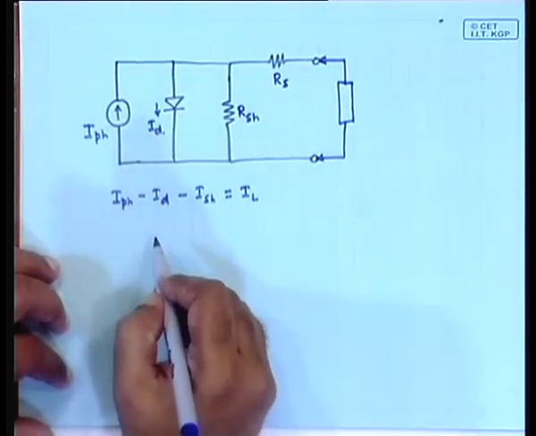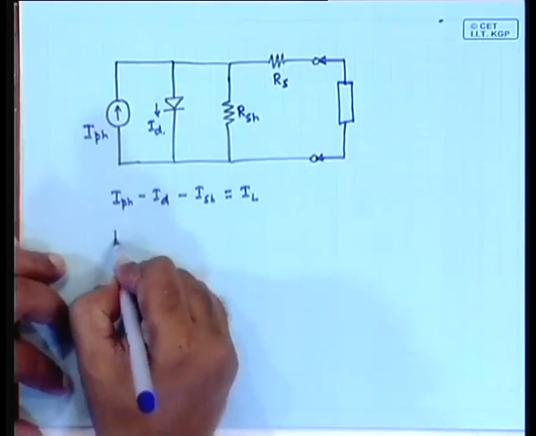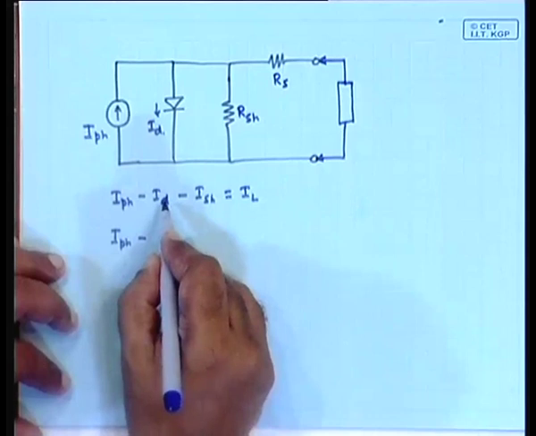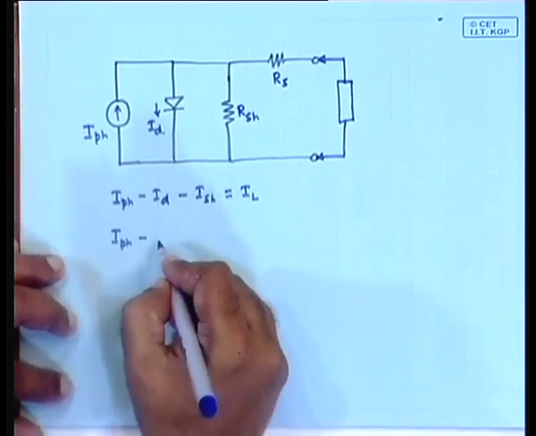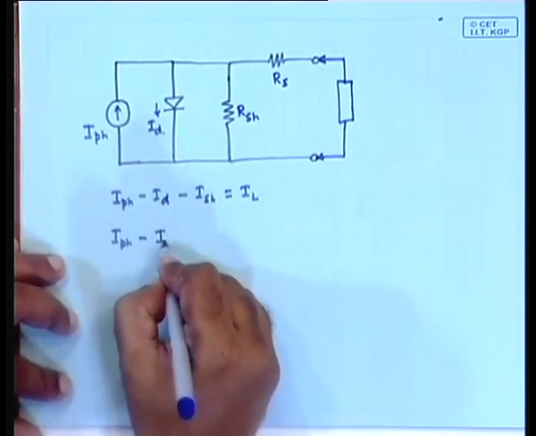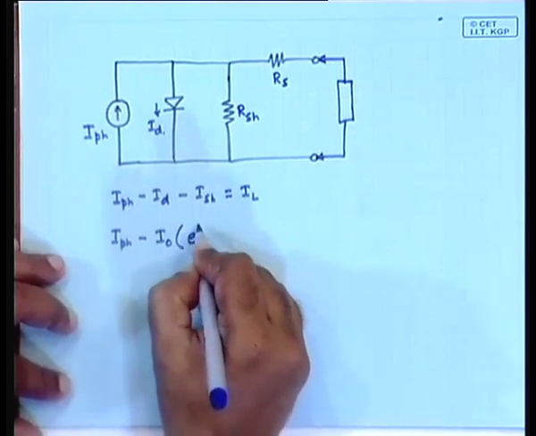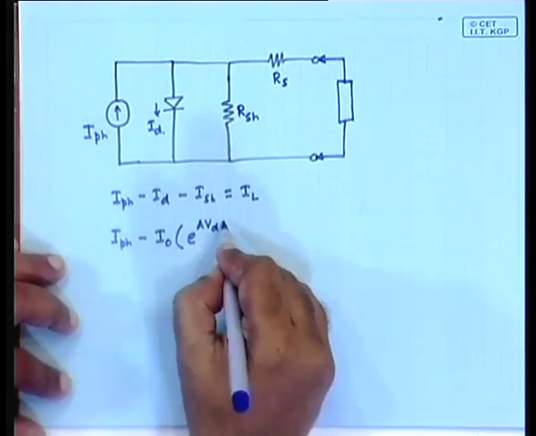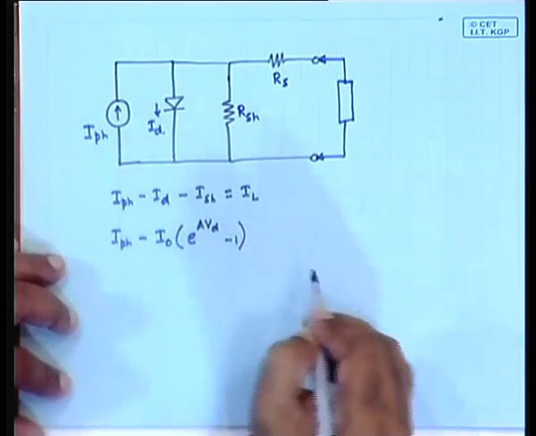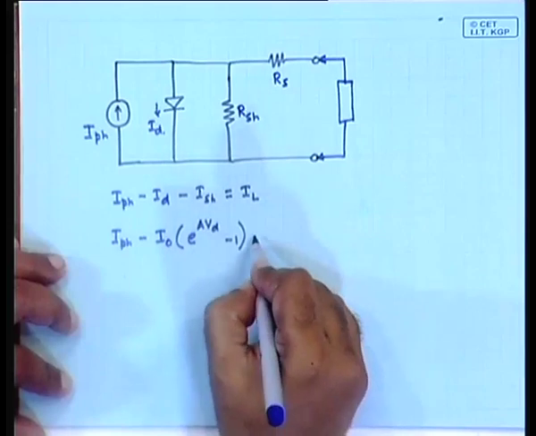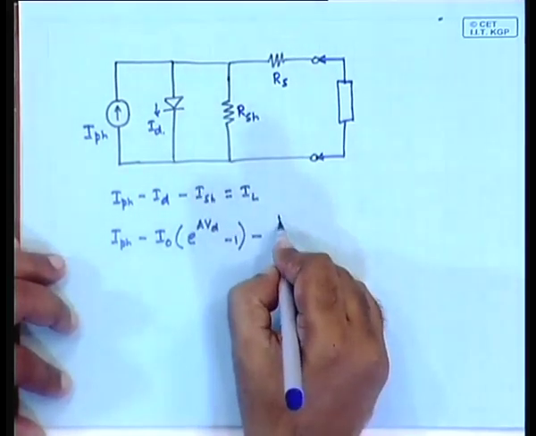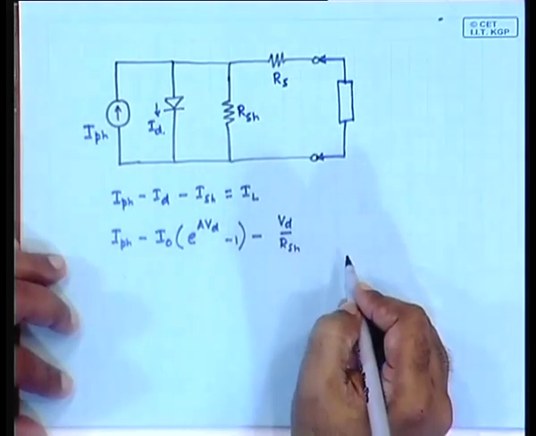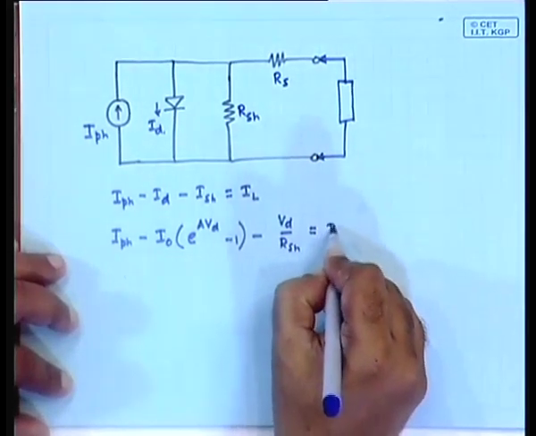And if you expand it, it takes the form IPH minus I naught e to the power a VD minus 1 minus ISH, which is VD by RSH, is equal to,